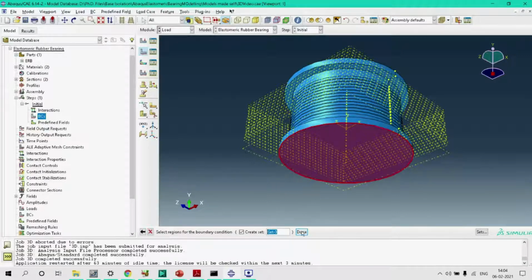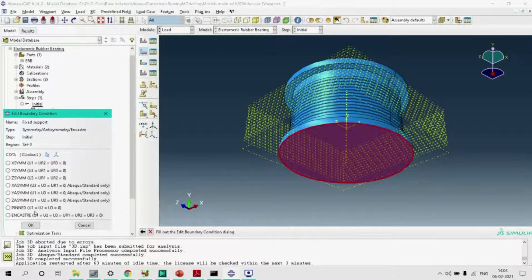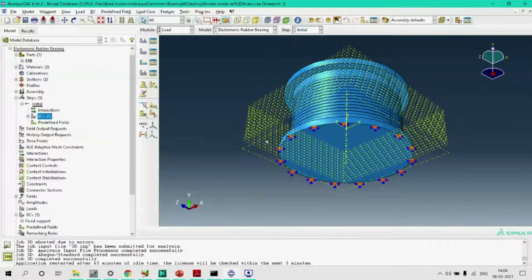So the bottom surface has been selected. Done. Now we will apply this boundary condition, that is, the rotations as well as the displacements on the bottom surface should be 0. Okay, so the application of fixed support has been done.